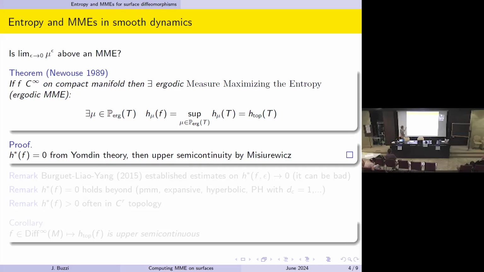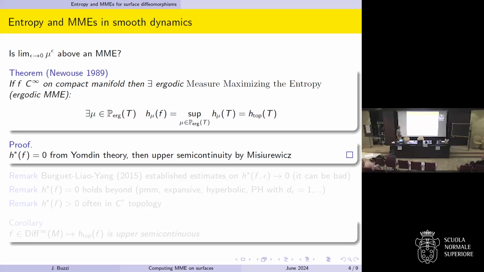And what is the proof? The proof is to deduce from Yomdin theory that the tail entropy is 0 when f is C infinity smooth. Then notice that this property gives you uniform convergence, uniform with respect to the choice of the measure, in the Katok formula for Kolmogorov-Sinai entropy, and this gives you upper semi-continuity. This was already remarked by Misiurewicz, and actually this is why he introduced this notion. The new thing that Newhouse proved was that Yomdin theory, which is about local complexity of a smooth map,